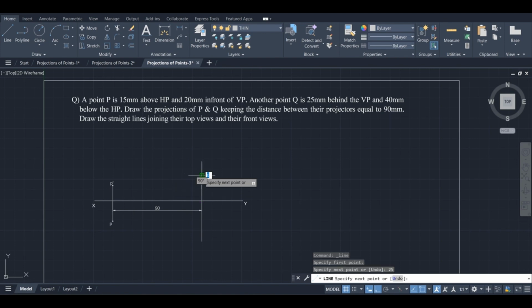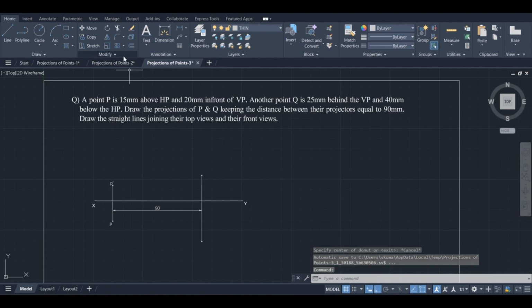Give the 25, press enter. Escape. Now use the donut symbol again. Inside diameter 0, outside diameter 1. Here one point, front view, and this is the top view. Escape. Done.